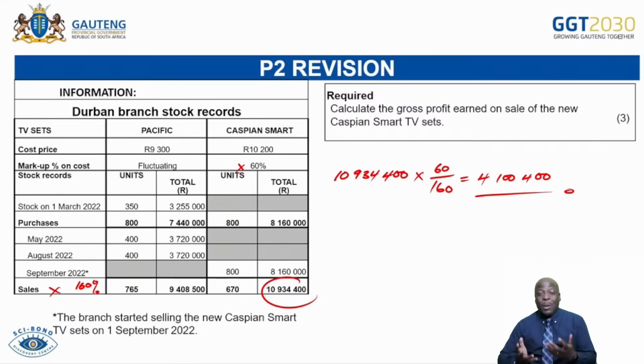Remember to prepare your reconciliations, your bank reconciliation, your creditors reconciliation, your debtors reconciliation, as well as the debtors age analysis. That is also a topic that is tested in paper 2. Remember, your fixed assets can be tested in both paper 1 and paper 2. So it is very important that you know how to complete your note 3, how to calculate certain amounts, including your problem solving to fixed assets, as well as other problem solving questions that pertain to your cost accounting, your inventory valuation method, as well as other aspects that cover in these topics.